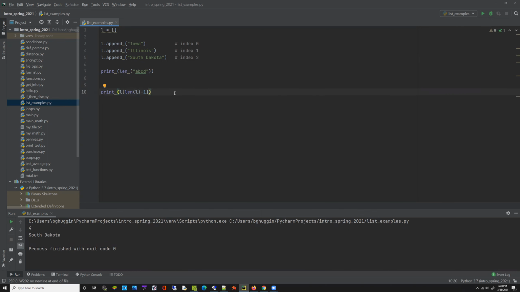Okay, so this did work, right? So we printed 4, the length of that list. Then we printed the list with the index of length of L minus 1, which is 4, or 3 rather, and minus 1 is 2, which gets us the last element. Okay, so that's one way of getting the last element of the list, but that's actually the hard way of doing it. The easy way of doing it